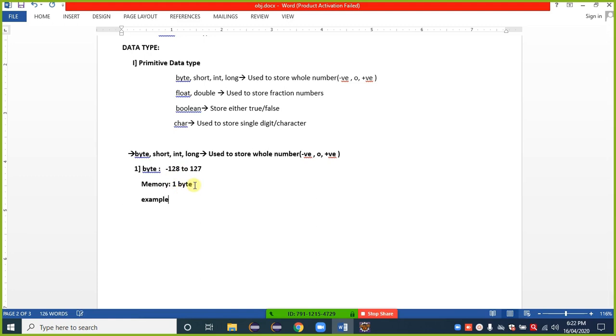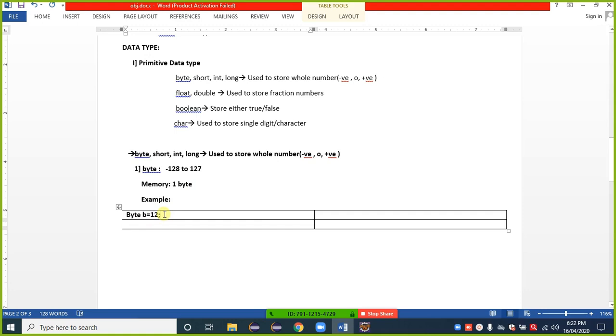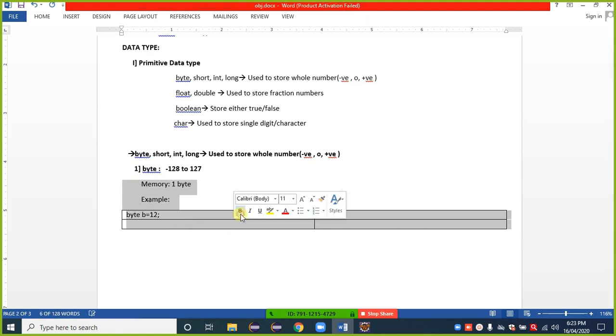Example, byte d is equal to 12. Wrong or right? It is right, because the value 12 lies between -128 to +127. If we have any value situated in this range, we can use byte.